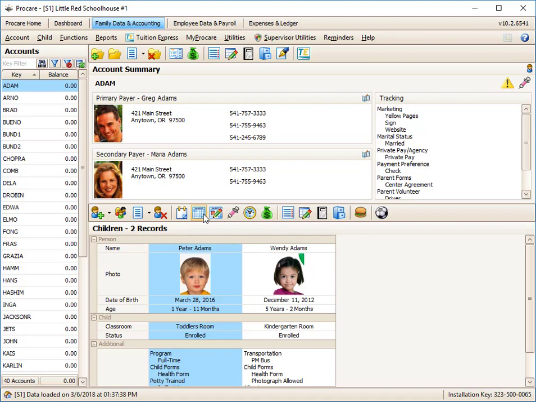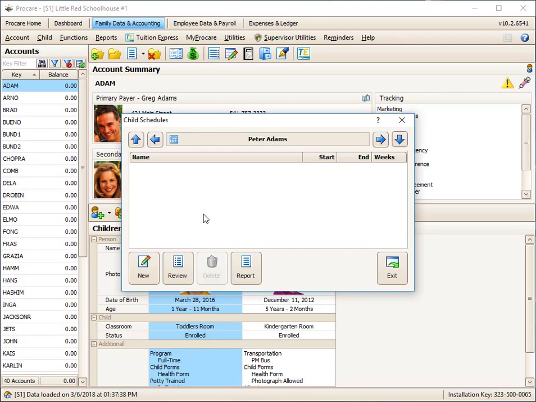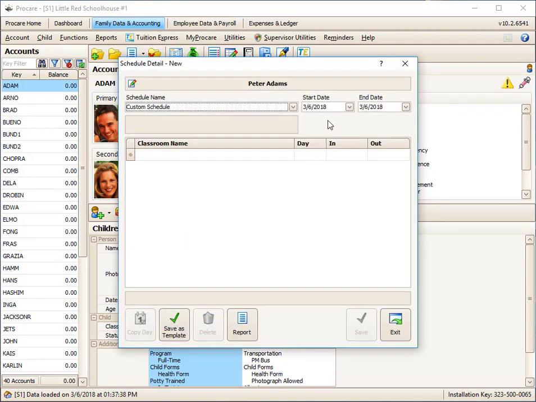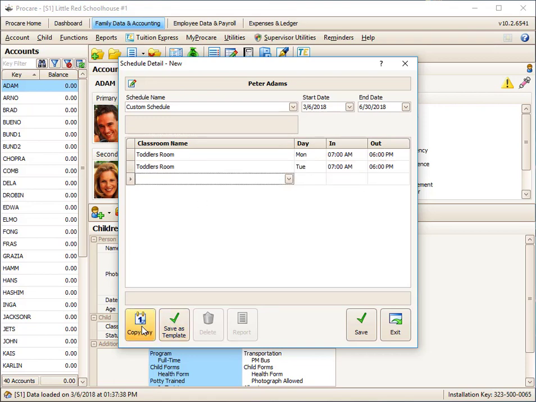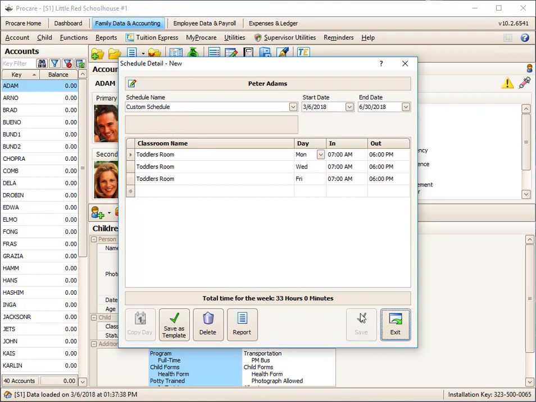So let's go to Peter Adams and click on the schedule button for him and say that he has a new schedule and it starts here and it ends, let's say, on 6:30. The toddler room is where he will be. And we have him Monday from 7 to 6. Let's say he's a 3-day per week child. I'm going to hit Tab. I want to copy day, and I can just change these to Wednesday and Friday. That's it. He's got a schedule, and on any of the reports that specify schedules, he will be there just